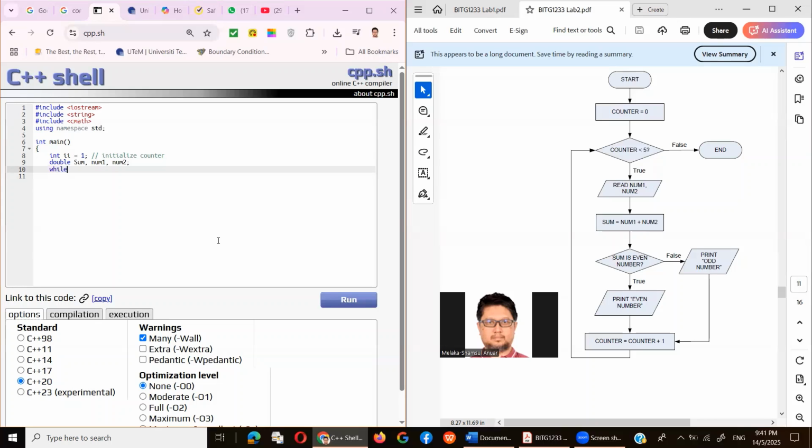So while ii is less than or equal to 5, you have to do this stuff. While that, it will ask, cout, less than less than, and then what is the